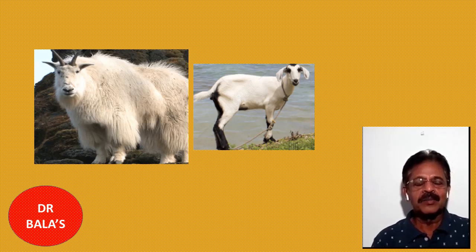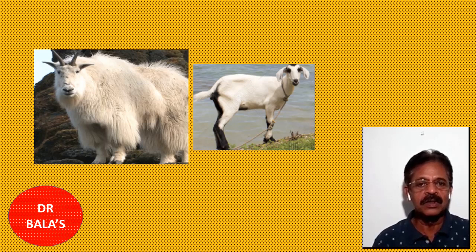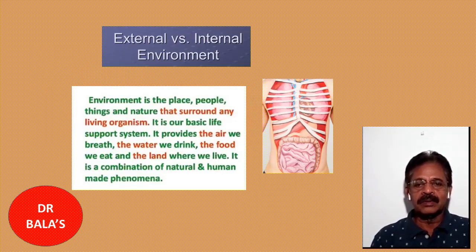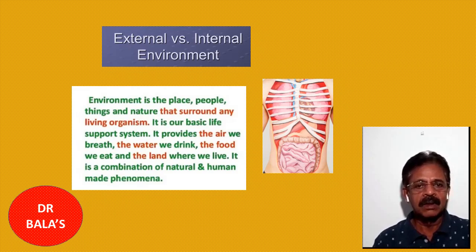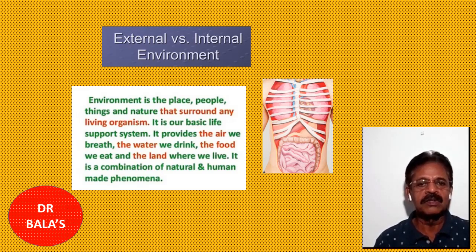So this is a very good example how even animals, they need a good outside as well as inside environment so that they can live, their organs can function well. So taking this as an example, just now coming to our body, like the classroom, you have inside the body, the organs are there. For example, in the abdominal cavity, you have liver, the stomach, and of course you have the pancreas. All these organs are there.